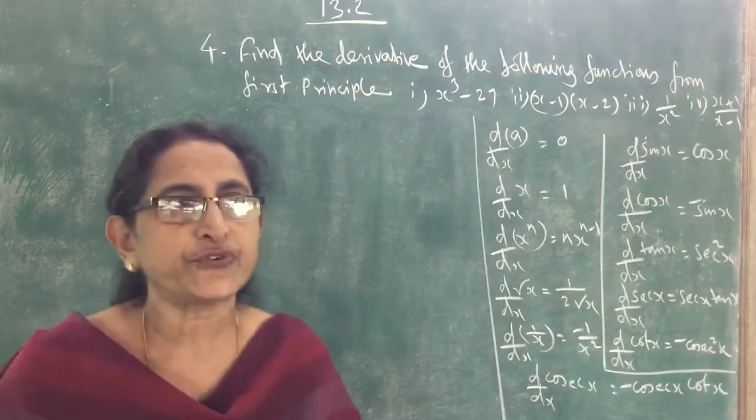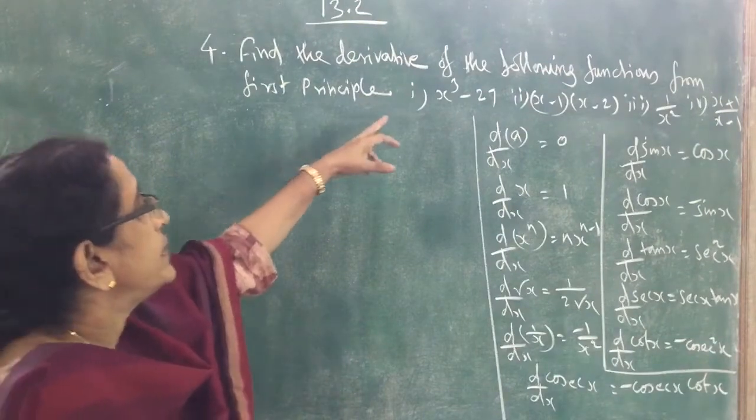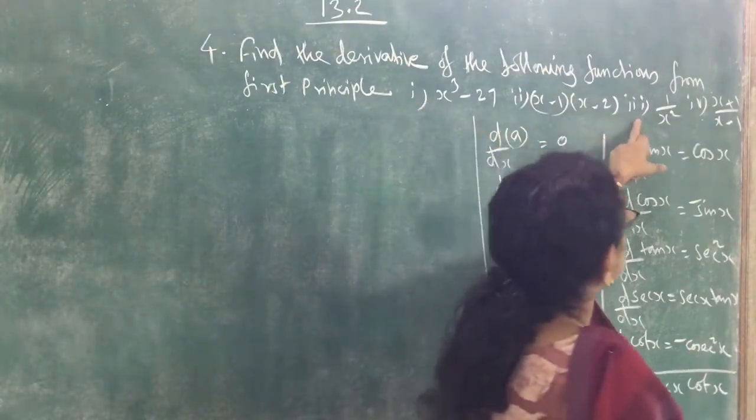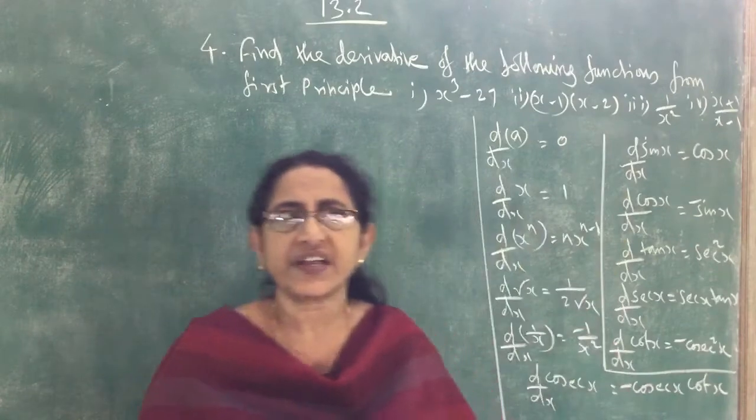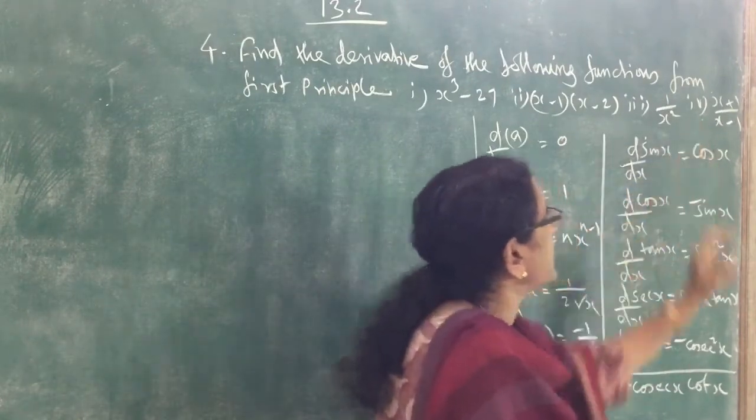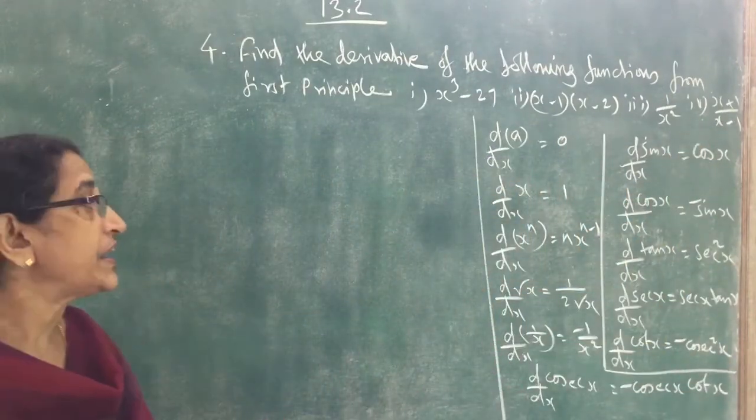Now 13.2, fourth one. We did the first three questions. Now the fourth: we have to find the derivative of (x plus 1) by (x minus 1) from first principle. So before that,